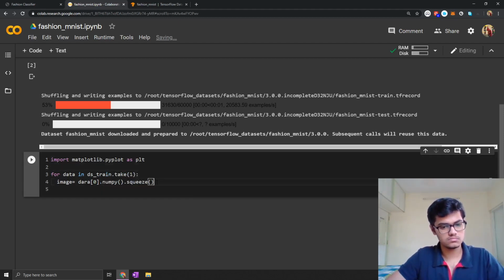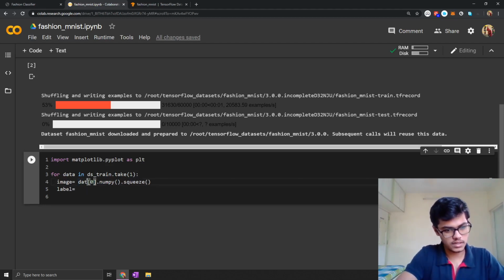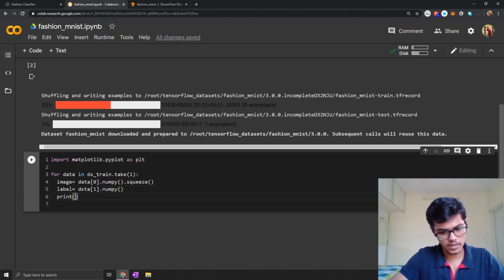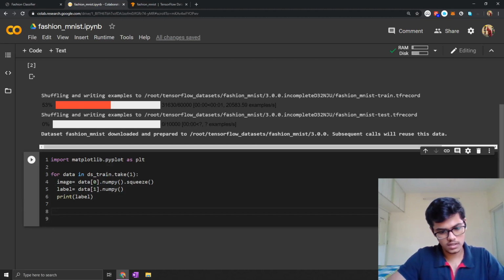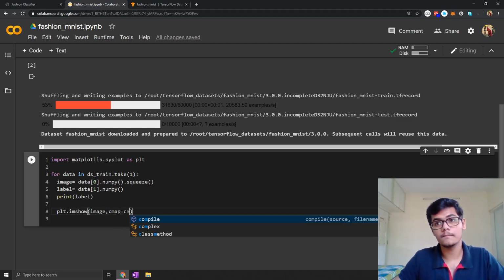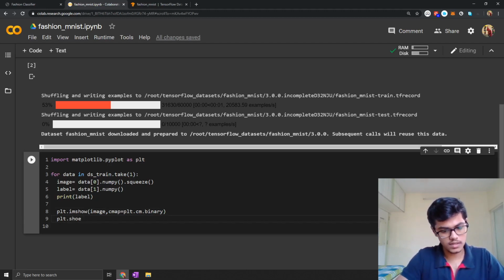After that we will require the label. Print the label, and show the image with cmap equal to plt.cm.binary, and lastly plt.show.